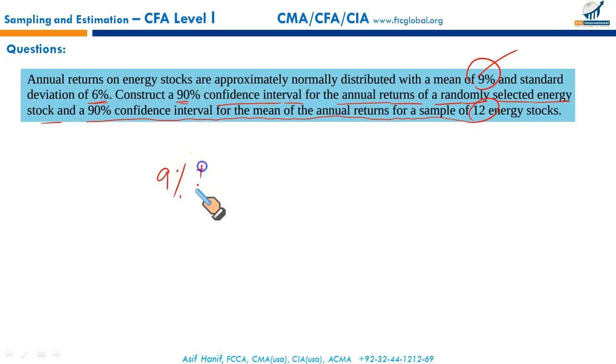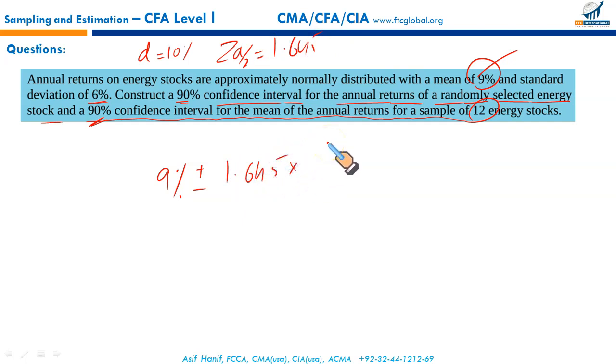Plus minus, since it's normally distributed and you're talking about a 90% confidence interval, it means the significance level alpha is 10%. So Z alpha by 2, I'm sure you know, is 1.645 standard deviations away from the mean. So it's going to be 1.645